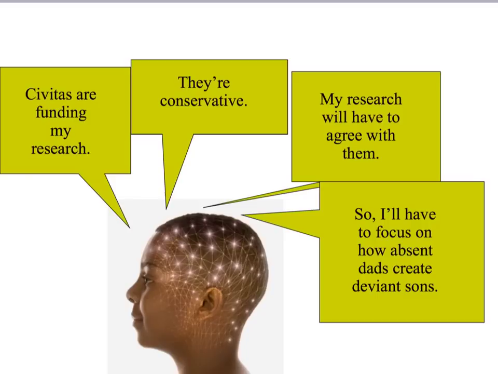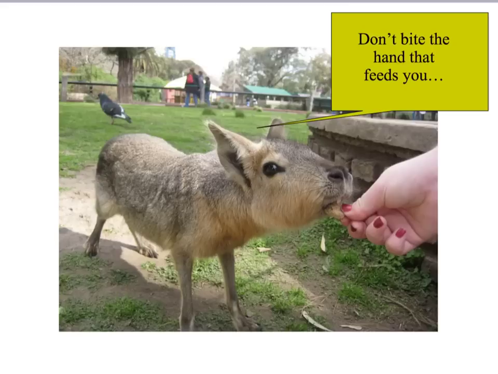So you might focus on topics such as how absent dads create deviant sons, because that's the sort of finding that Civitas would be interested in finding out about. Okay. And the key idea here is don't bite the hand that feeds you. If you disprove something that the government is promoting, they may cut your funding, or they might just ignore your